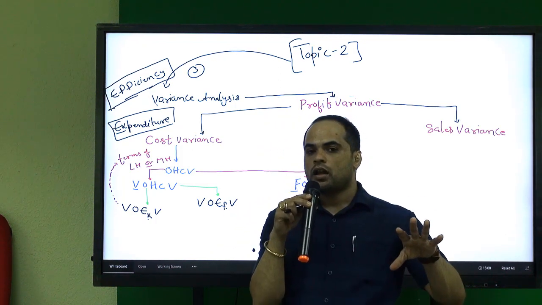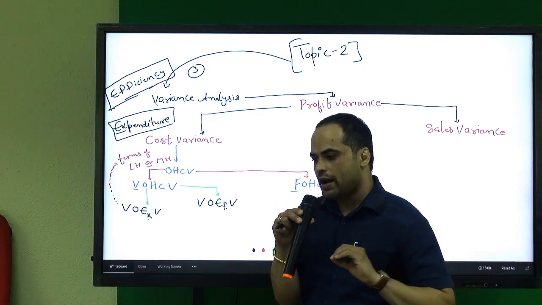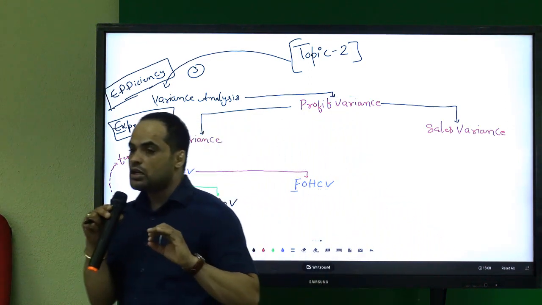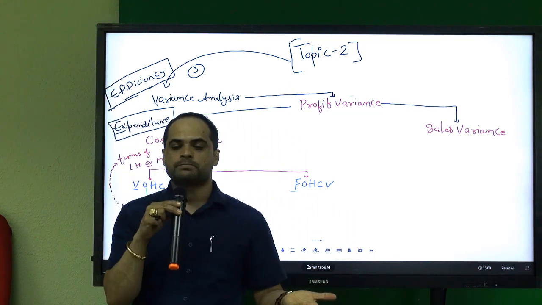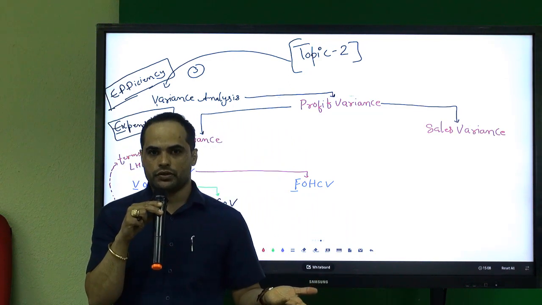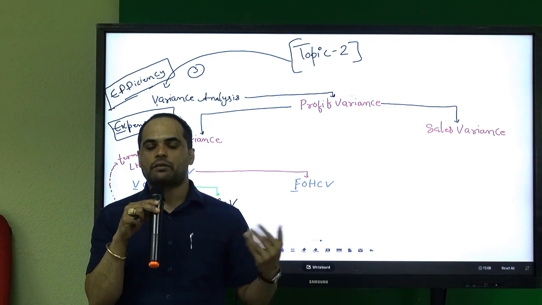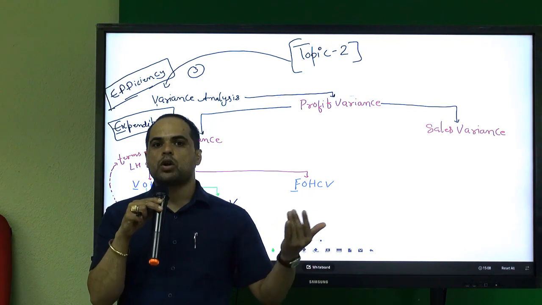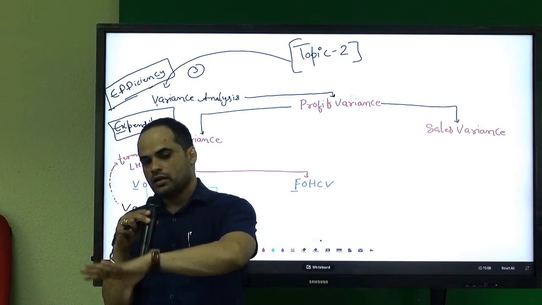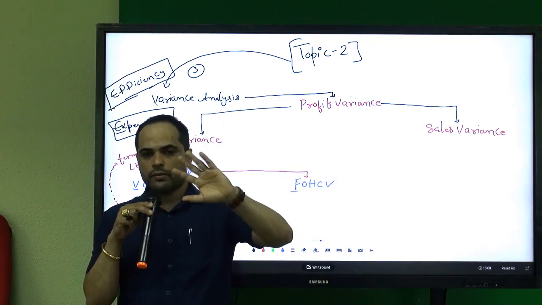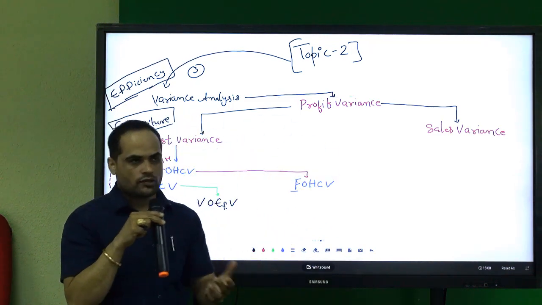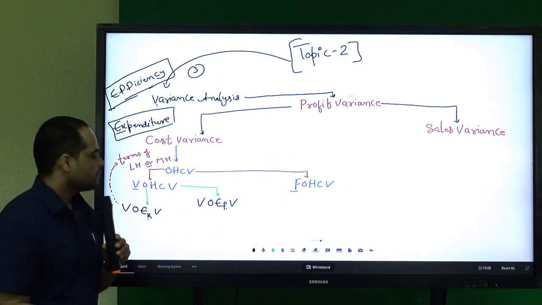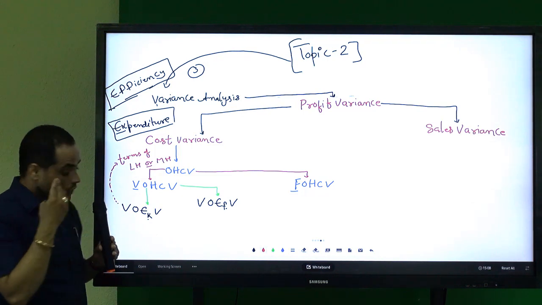While actual variable overhead cost will be estimated using indirect material. Alright, so using indirect material, we will estimate actual variable overheads and budgeted. So the difference between actual variable overhead and the budgeted is called the variable overhead spending variance. Alright, so the formula is